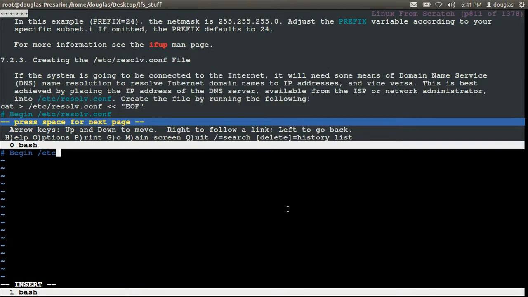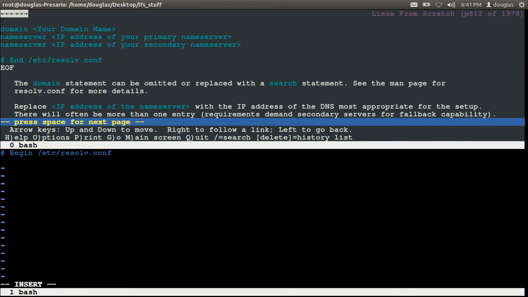Okay? So let's say begin /etc/resolv.conf. Okay, Control H tab, and this is kind of optional here, but I'm going to do it anyway. So we're going to say domain, my domain. I have a Belkin, I think. So let's call it Belkin. Name server. I don't have any name servers, but I'm going to say nameserver